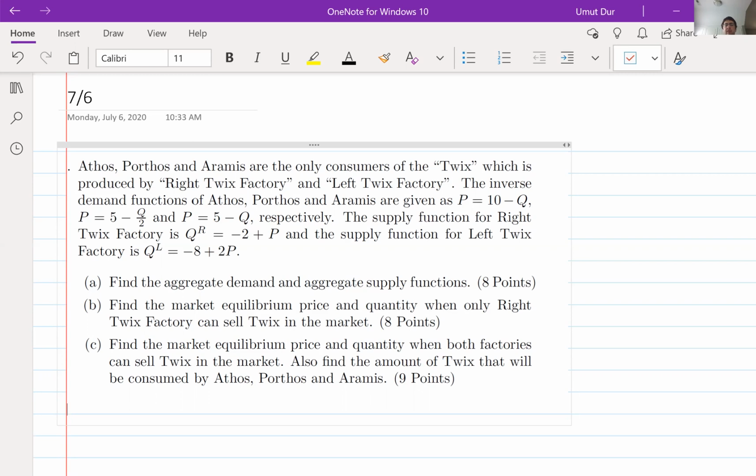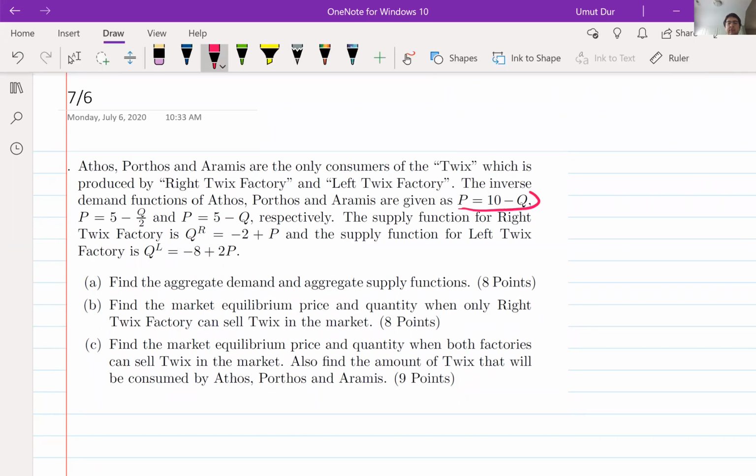The first supplier is the right Twix factory, and the second supplier is the left Twix factory. And the inverse demand functions are given to us. So this is the inverse demand function for Athos. This is for Porthos. And this is for